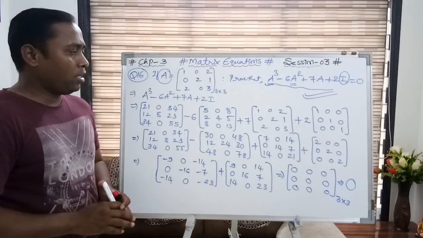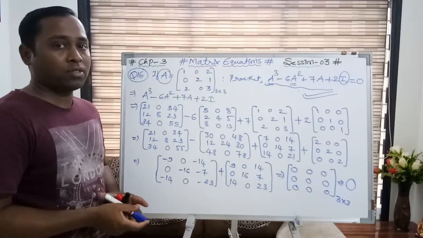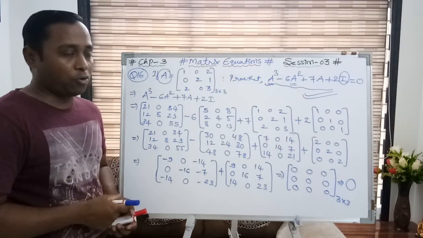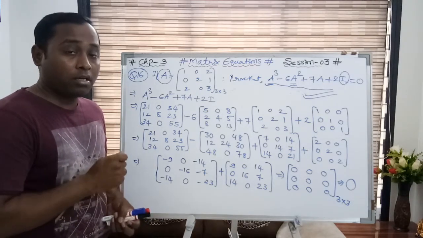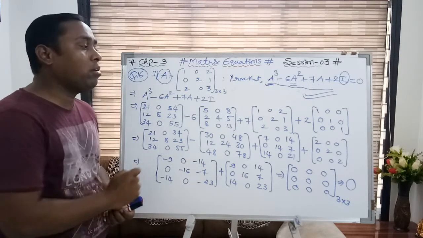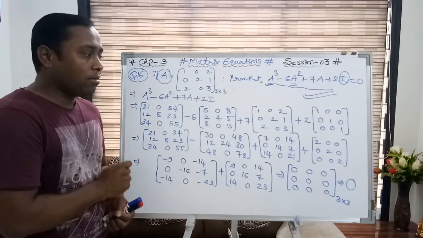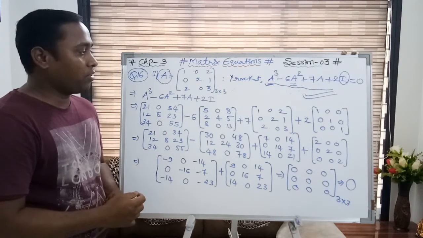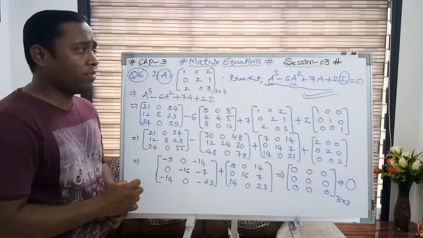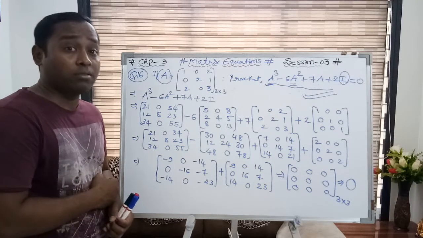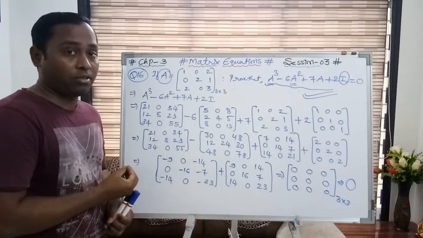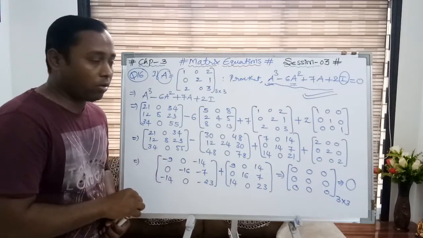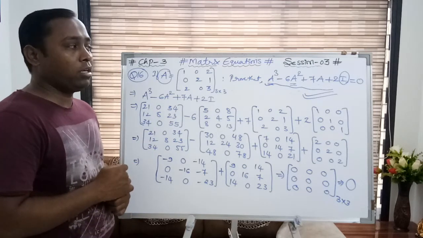I hope you have understood the question and the process. Step by step you need to do. In matrices and determinants, which is the next chapter also, we must be thorough in the calculations. If you make a small error, then the entire sum will be wasted. Remember, in this entire chapter the content is focused on algebra. Algebra means simplification, which involves plus, minus, multiplication and division. So this is the way to solve the matrix equation.